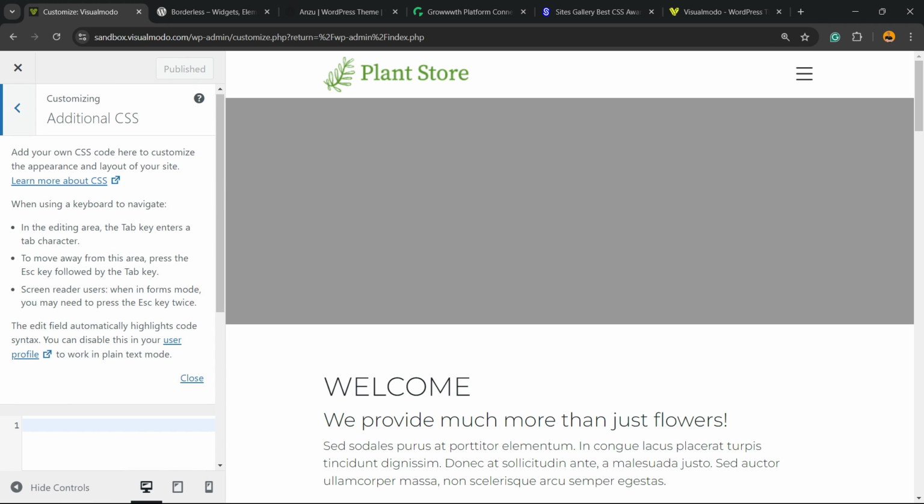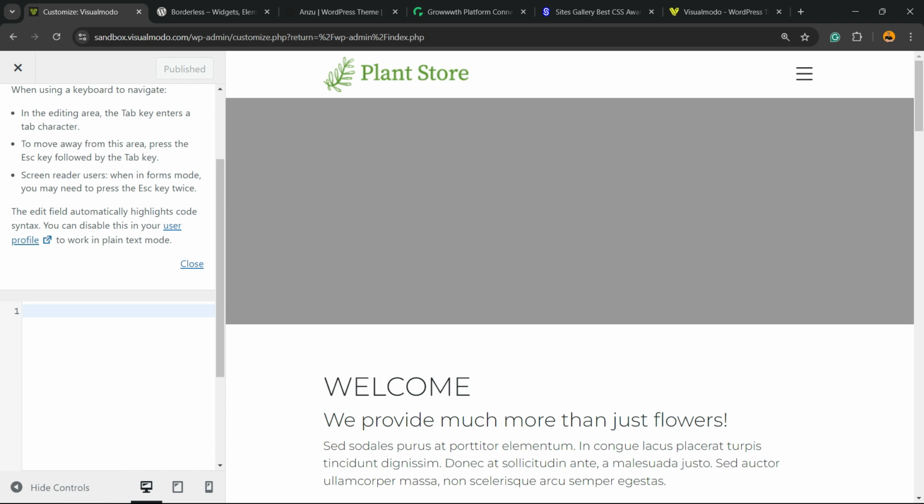All you have to do is click on it, type your code, and hit the publish button in the top section. The code is going to be applied to your whole website, so it's applied globally. After this, let's go back,